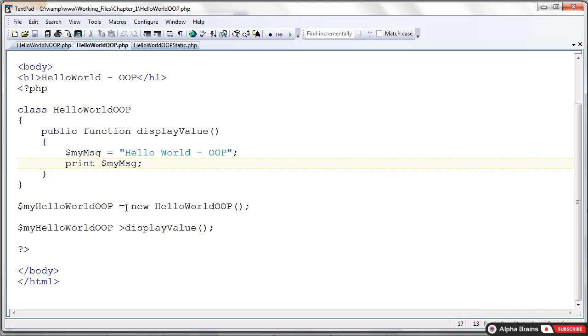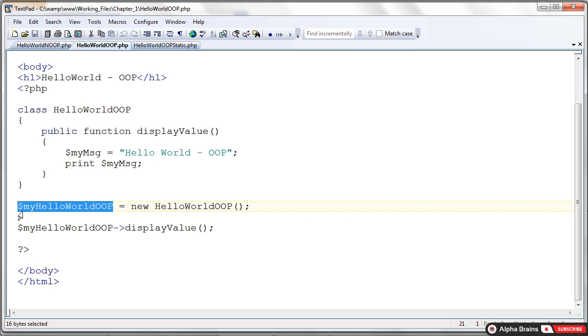The first line that gets the ball rolling here is down here, and it comes after the class. It's not defined within a class. It's just standalone PHP. Now, as I'm fond of saying, anytime you see an equal sign, look to the right of the equal sign first, because that's what's going to be processed first. So here's a key word that we didn't use in normal procedural PHP. It's new. New is similar to create in some other languages. We're going to use new to make a new one of these. Hello World OOP class defined up here. We're going to make a new one of those. We're going to make a copy of it, and we're going to store that reference in